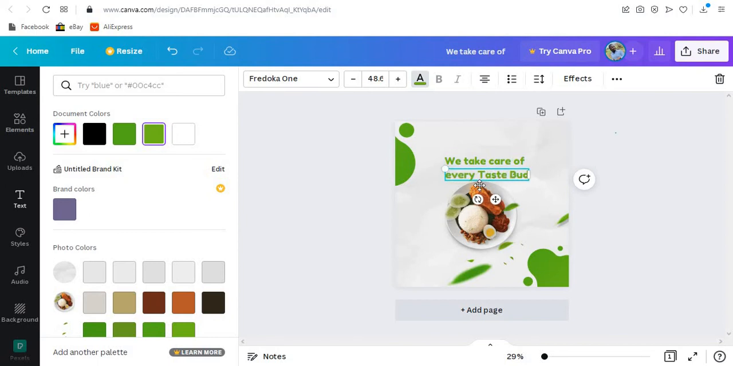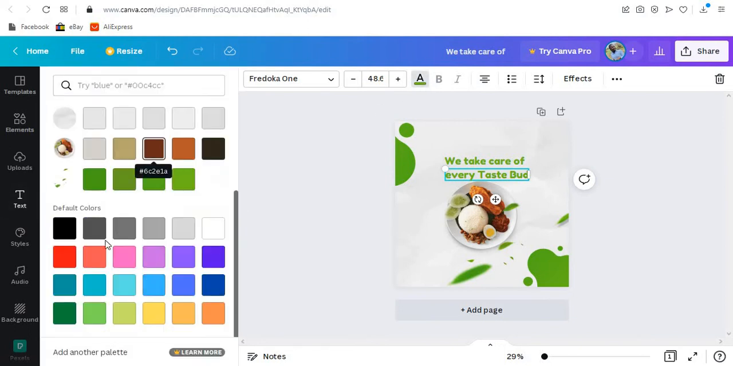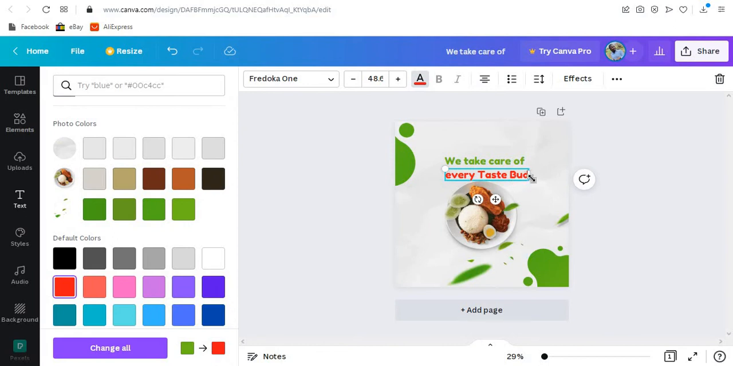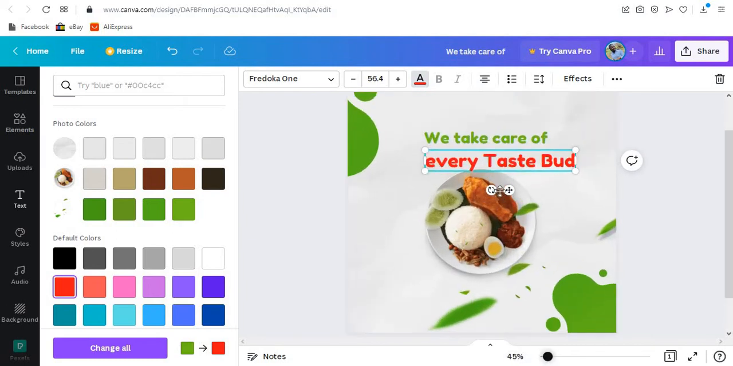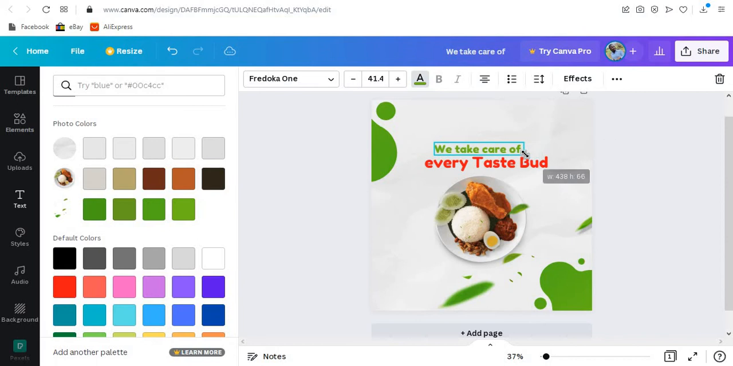Every taste board. So this particular size font now is going to be red. It will be red, and the size will be increased a little bit. All right, so let's zoom in so we can see what we're working on. So I've increased the size a little bit, and then I'm going to reduce this one a bit, so you